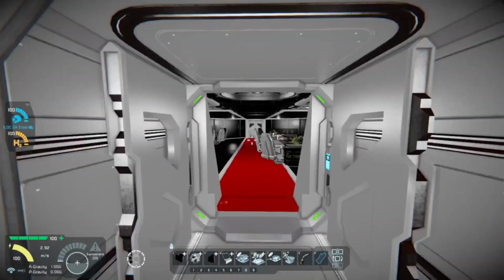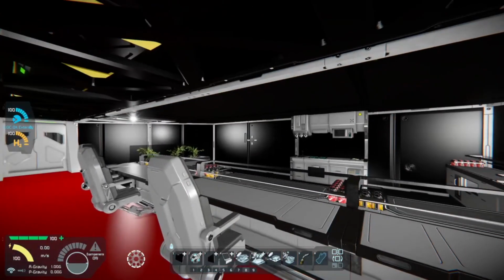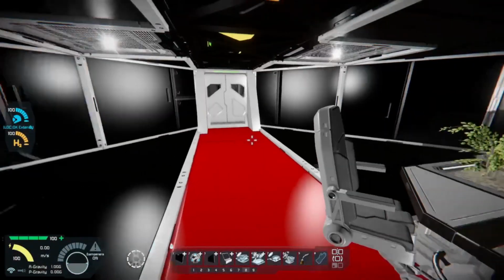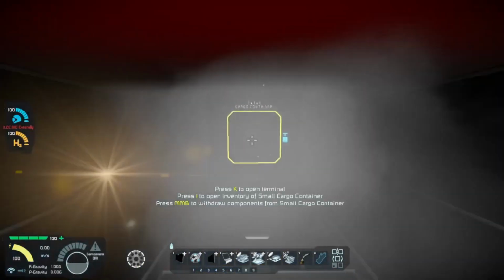And continuing from there, we have the mess hall, where anyone can just walk on in. We've got a small kitchenette back there. Still haven't put the vending machines in. I remember I need to do that. We have a nice little bar here for everyone to sit at, and a couple extra tables for everyone to be on. Now we go to the next area, which is a primary maintenance hall,